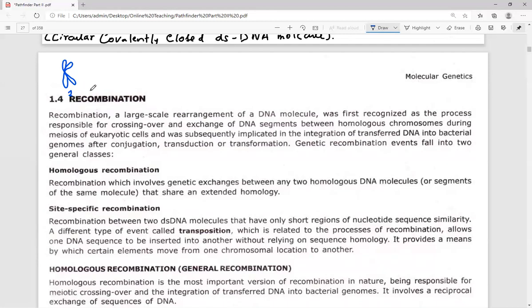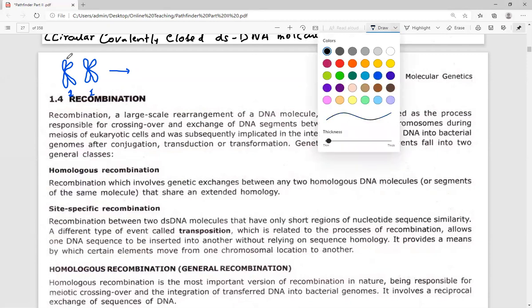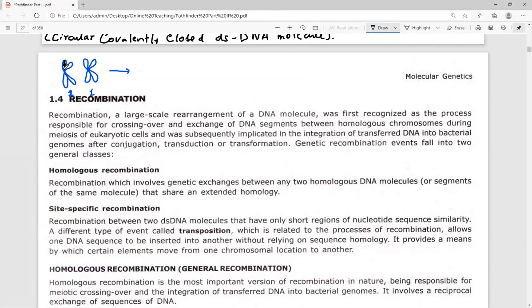Supposing there is chromosome number 1, and there is another chromosome number 1, these two chromosomes will undergo crossing over. When these chromosomes undergo crossing over, how will the process take place? It will be something like this, that the chromosomes present here will exchange their chromosomal fragment. I'm just making it black and the other one white, so as to make a contrast and to help you visualize how the crossing over will take place.